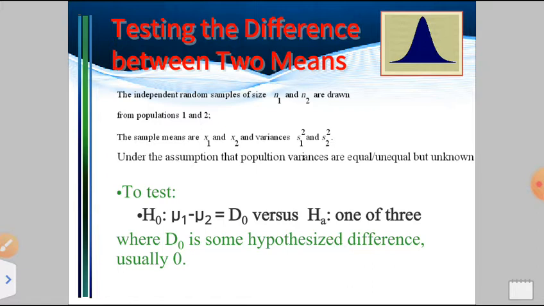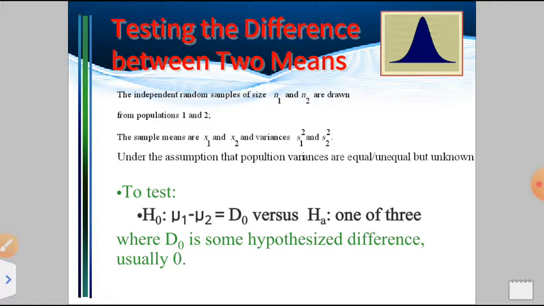So let us revise what the t-test for two means, or the difference of means, is, and then we are going to learn the functioning on the Excel sheet. The first thing is we are talking about two means. Two means will exist when we have two samples, either coming from different populations or taken from the same population.